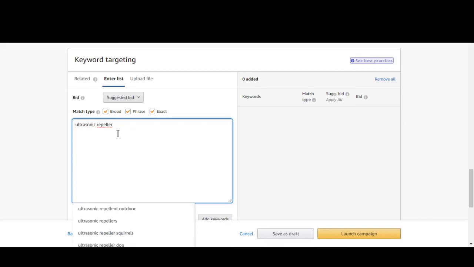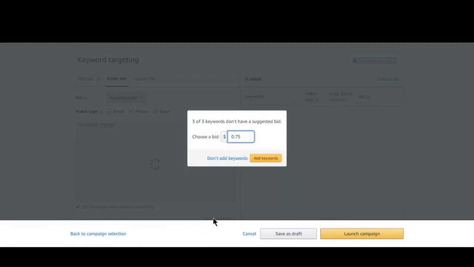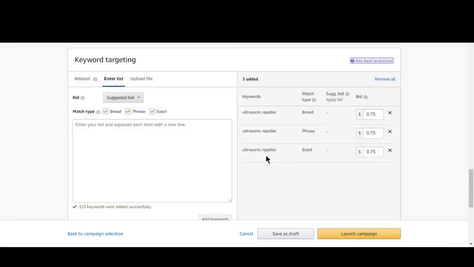Let's add this keyword, ultrasonic repeller, for now, and you have to click on add keywords. And as you can see, guys, it gets added here,